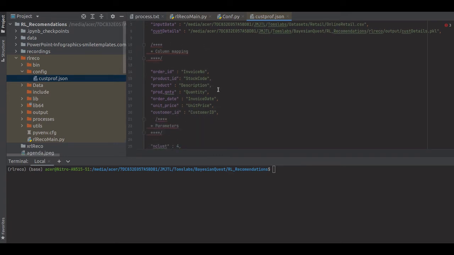In the raw online retail file, the columns or the features had specific names, for example order ID and product ID, etc. Now we are changing that into another name which we will be using in the application or in our code.